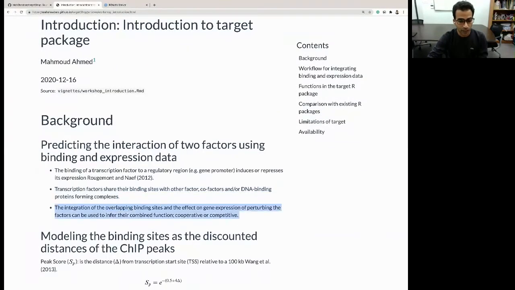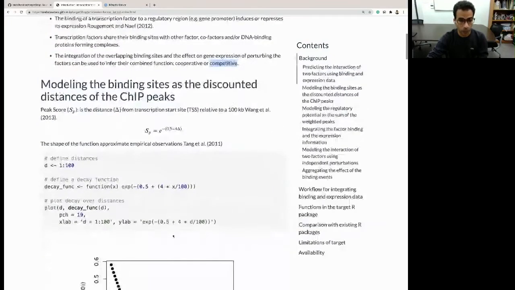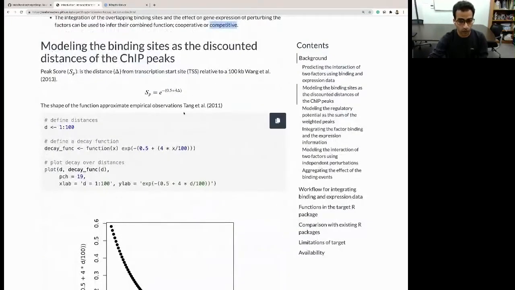And then by finding the overlapping binding sites between two or more factors, and then quantifying the effect on the gene expression in terms of differential expression from a perturbation experiment, such as knockdown or overexpression, we can infer a combined function in terms of cooperation or competition. So to do that, I used the model that was proposed before by Tang et al. in 2011